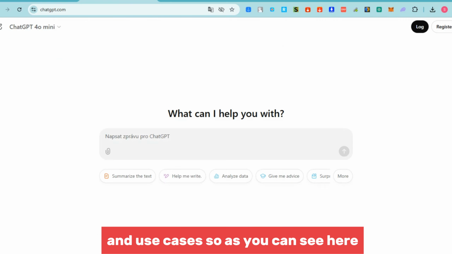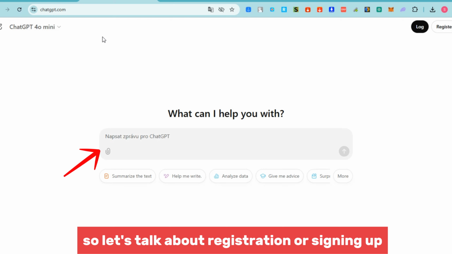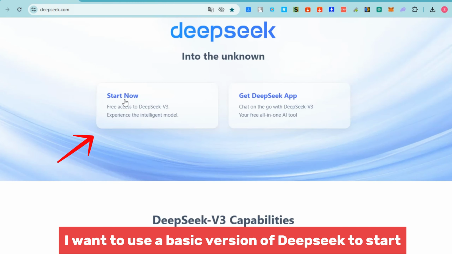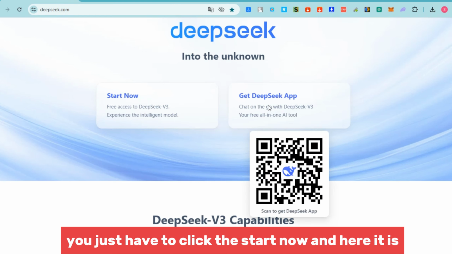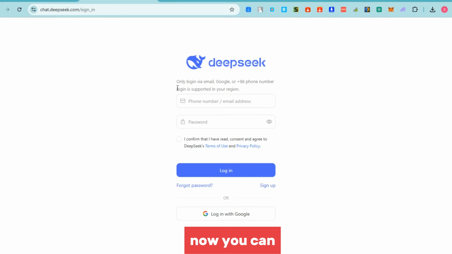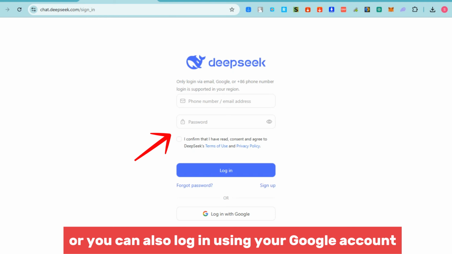So as you can see here, I'm using the ChatGPT basic version. Okay, so let's talk about registration or signing up. Also, I'm using the basic version. I want to use the basic version of DeepSeek. To start, you just have to click the start now. And here it is. Now you can log in using your email and password, or you can also log in